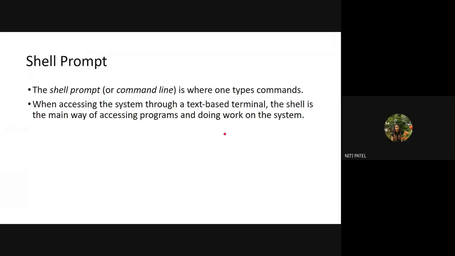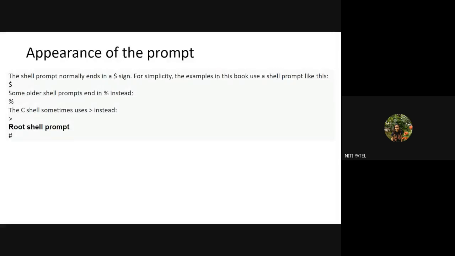Okay, so that was virtual console. Now next is shell prompt. Again, command line, terminal, shell prompt, everything is the same. It is a place where we type commands, a text-based command, and then those commands will be accepted by the user. It will be processed and the output will be given again in the form of text back to the user. So what kind of shell do we have?